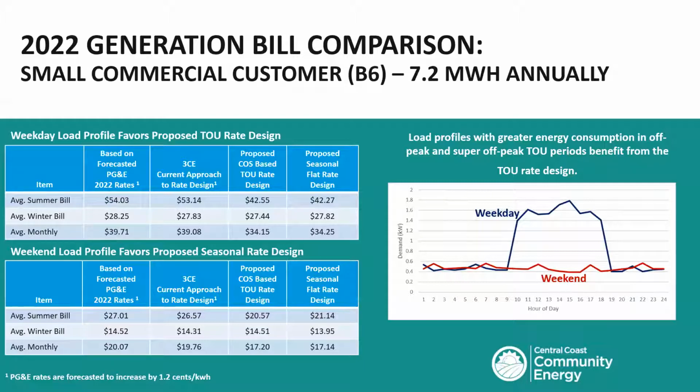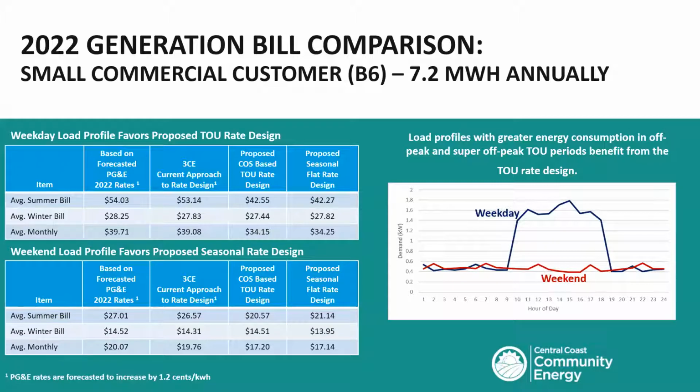But one of the things we want to look at, in addition to the difference between the PCIA adjustment charge, the 1.2 cents and the 6 cents, is different usage patterns, because we recognize that as customers, you have that choice. You'll either be put on the default, or you have the choice of opting into that seasonal flat rate. And what choice you should make really depends on what your profile looks like.